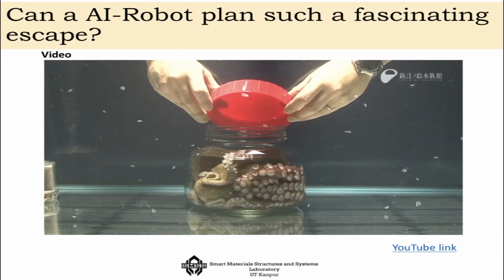Now, I would just like to show you a small video. Many times we think that intelligence is only possible in higher order animals, mostly mammals, and even among the mammals, primates and Homo sapiens. But that may not be the case. Let's look at this simple example of a much lower order animal biologically, an octopus, and see how this octopus can have attention, can have perception about a problem, and can think about a strategy to